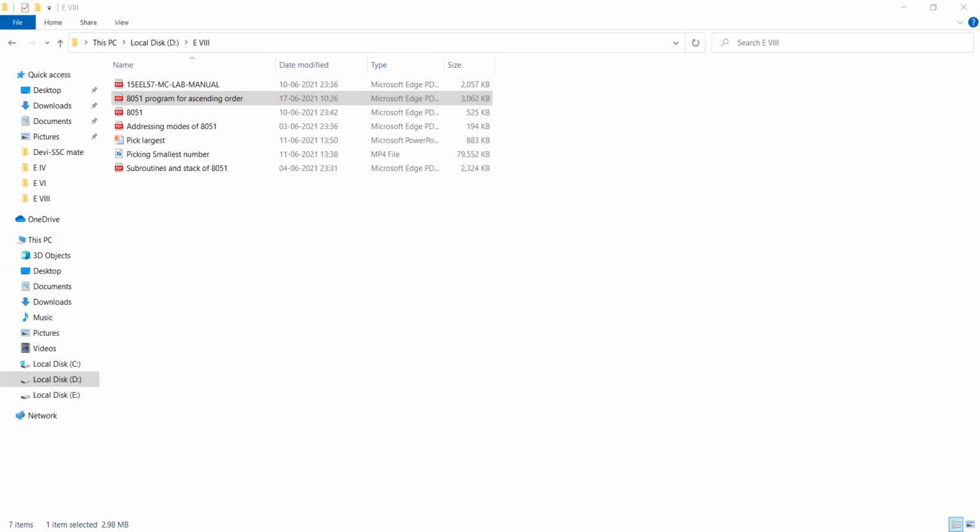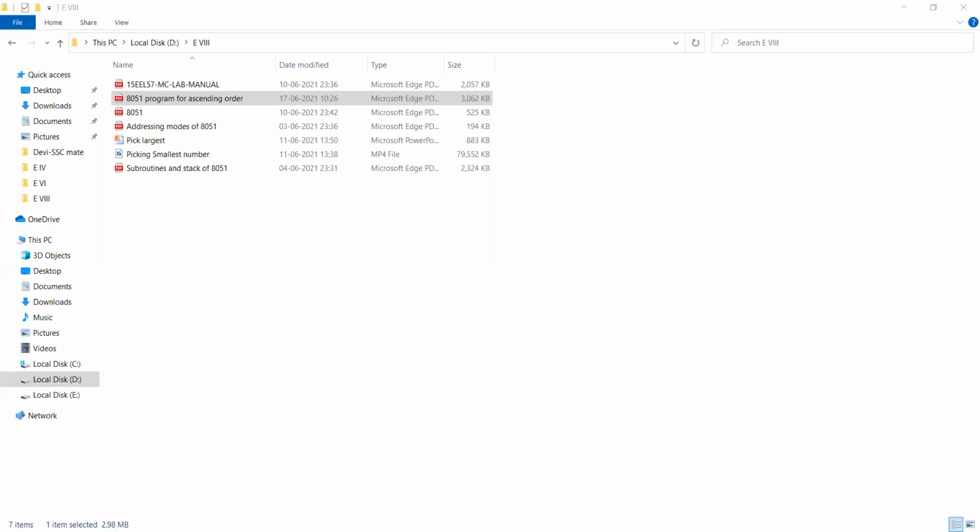So that means in the comparison process, no carry generated. No carry generated means which is having the larger data? Accumulator is having the bigger value. But that accumulator value, you can push it to which location?